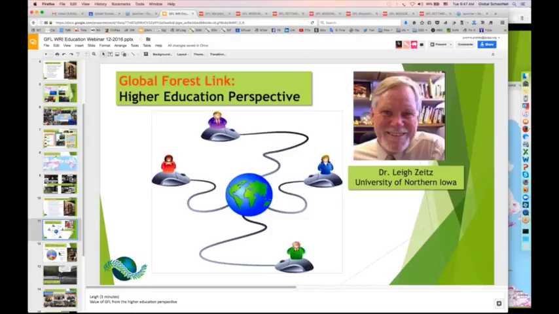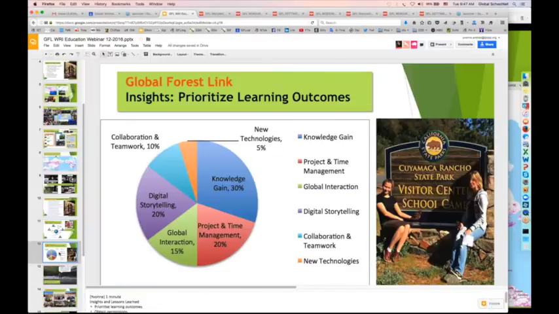Okay, so it's actually a good segue into this slide, which is this can be such a deep project, and there are so many things that the students can get out of the project. We really coach the teachers to think about prioritizing what the learning outcomes are. You know, are they engaging in this project so that, and this is just an example, this isn't a recommendation, but are they engaging in the project so that their students gain knowledge about how to do data analysis,